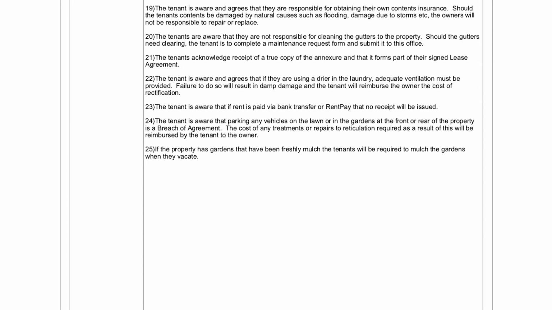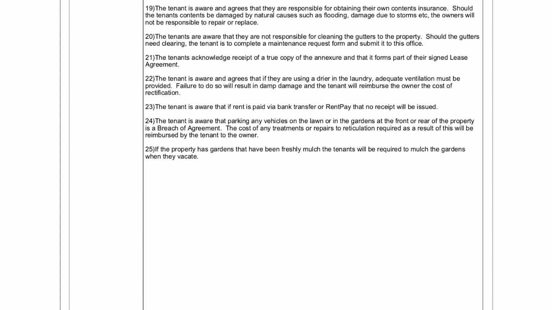The tenant is aware and agrees that they are responsible for obtaining their own contents insurance. The tenants are aware that they are not responsible for cleaning the gutters to the property. Should the gutters need cleaning, the tenant is to complete a maintenance request form and submit it into our office. The tenants acknowledge receipt of a true copy of the annexure and that it forms part of their signed lease